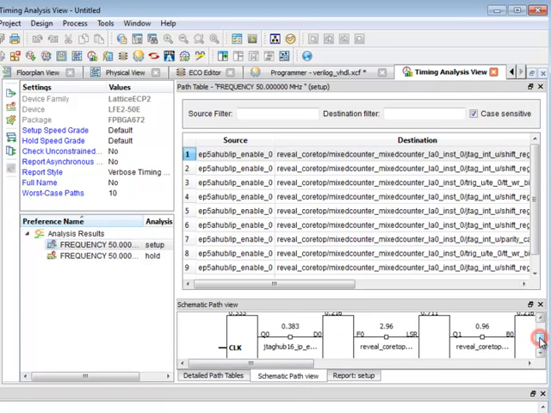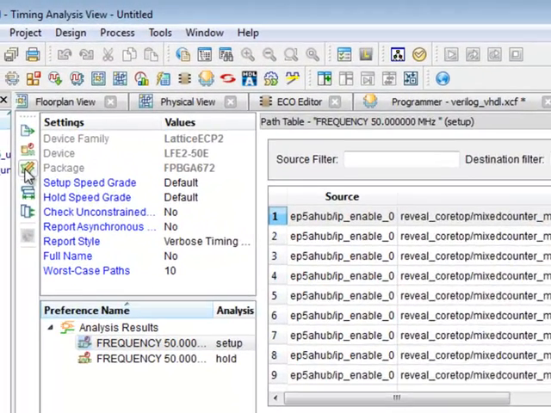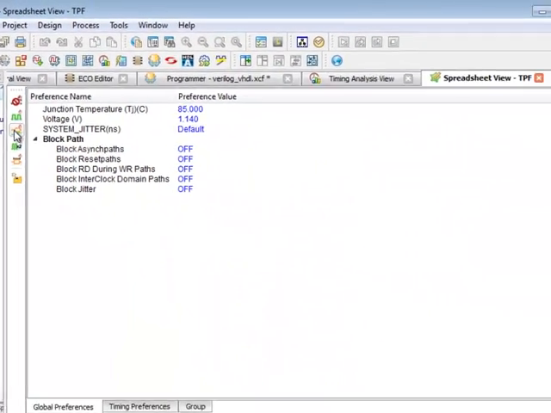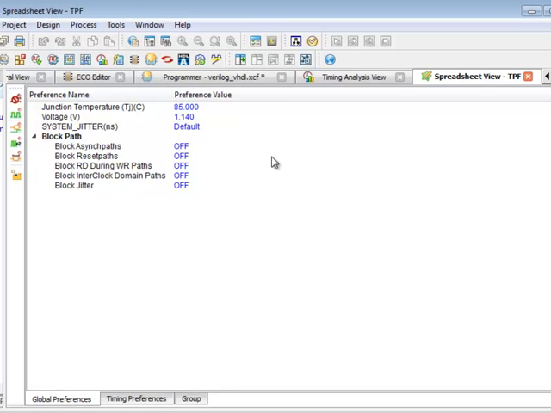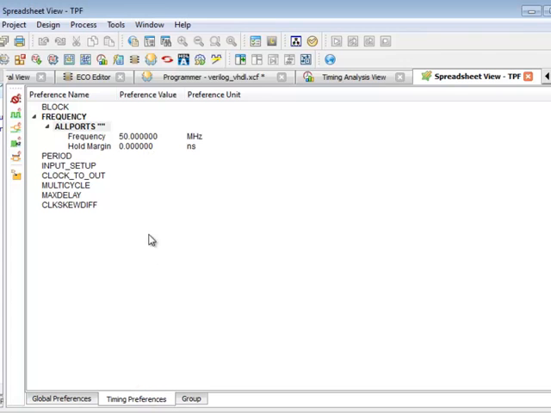In addition, for being able to analyze my results, I can actually change my timing preferences without having to re-implement my design. So I just go to the spreadsheet icon here, and this opens a timing preference spreadsheet. And I can go to the timing preferences. I can edit my frequency,